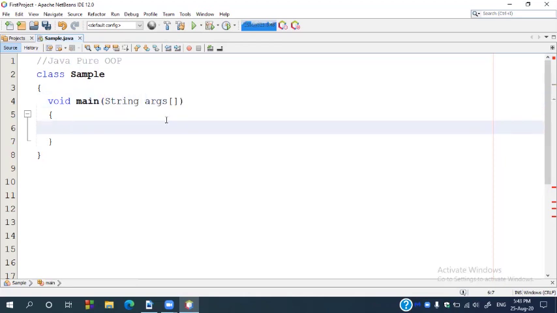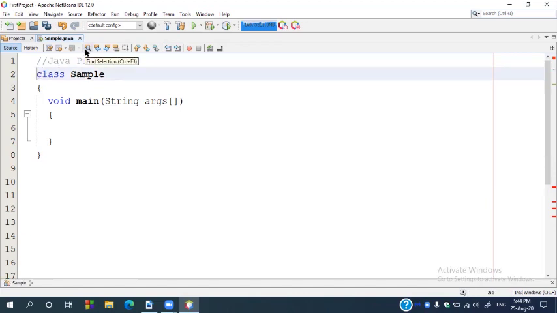And the next part is, who will take care of executing Java programs? The execution of Java programs will be taken care of by the JVM, Java Virtual Machine. In order for the JVM to access this particular class, this class should be accessible from outside your project.